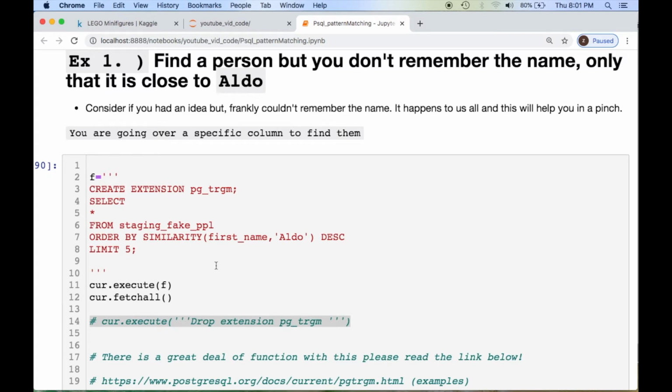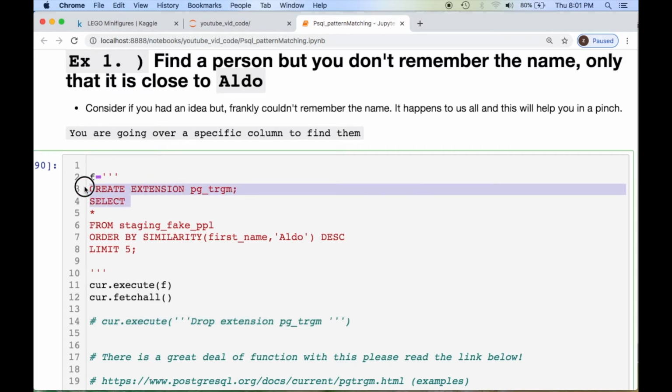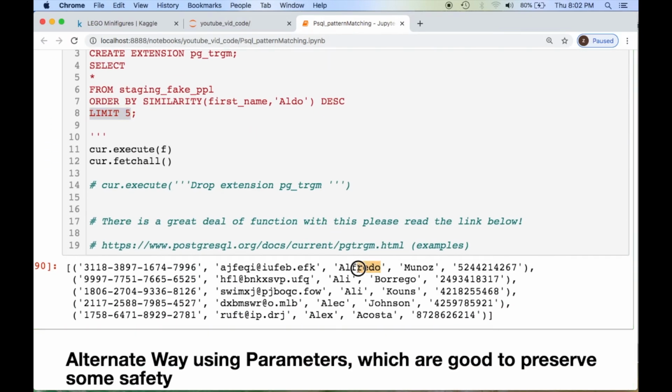Here we go. We create this extension real quick. We could do this outside of it first and then call in our select statement, but I'm running it all together. But if you run this again, it'll say that this is already established. So you either need to drop it and run this again, or take this outside of it when you're creating it. But anyway, you create this extension allowing you to run your trigrams, where I'm looking for the similarity of this person with the first name of Aldo in descending order, and it's just limiting 5 entries. Alright, so we have someone that's Alfredo, Ali, Alec, and Alex. Those are the closest that we have for Aldo here.